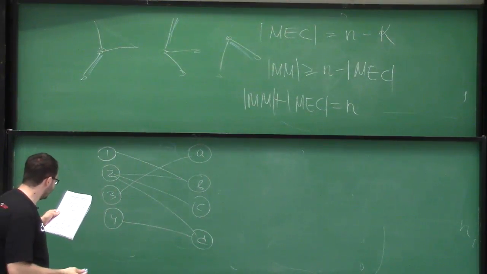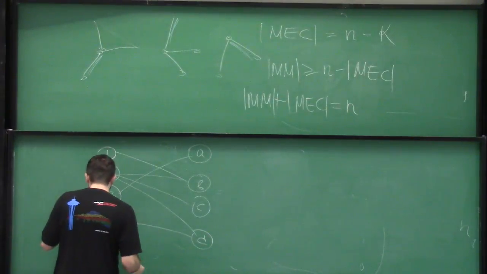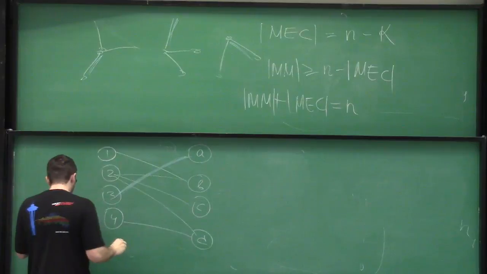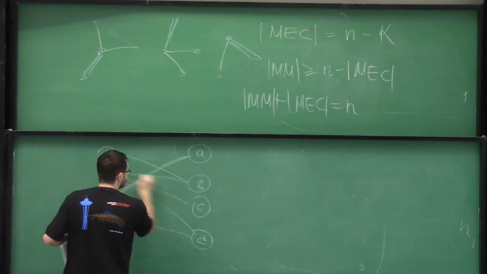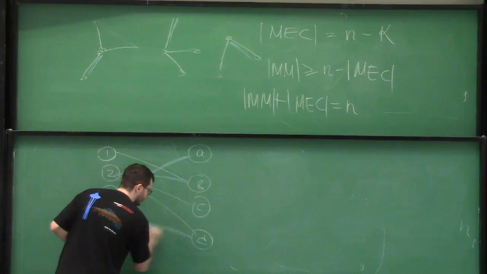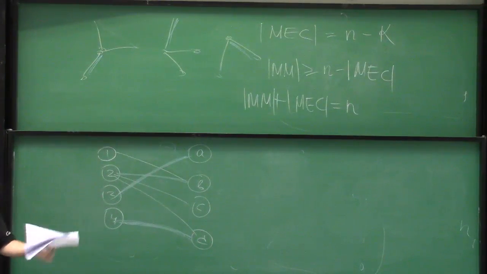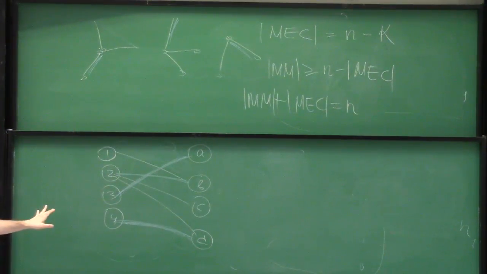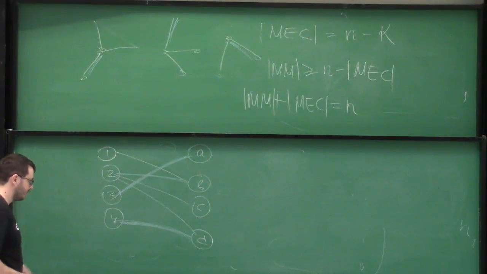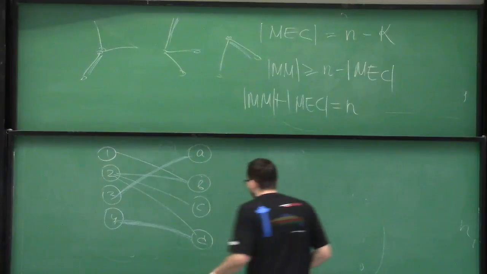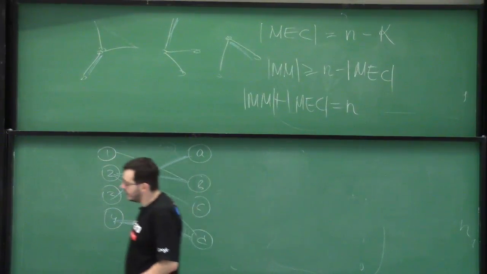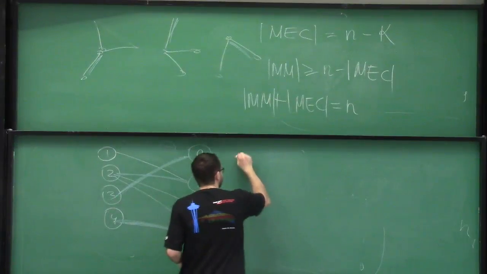We have a bipartite graph and some edges belong to some matching. Okay, we have a bipartite graph and a matching here. And a path is